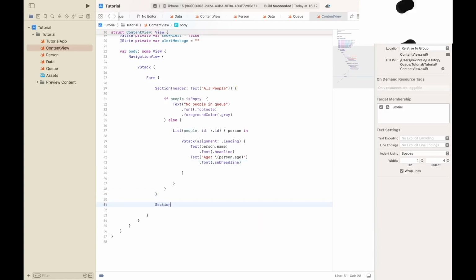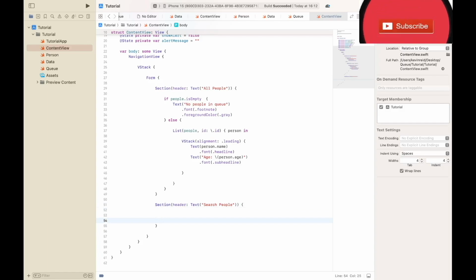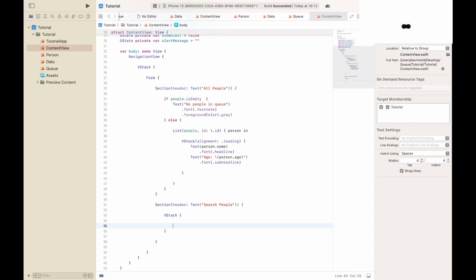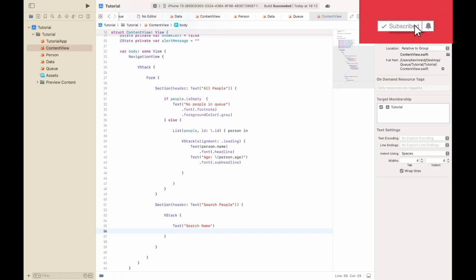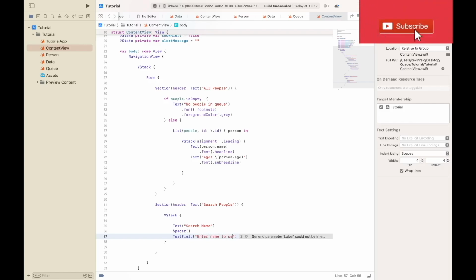Section header Text, Search People, VStack, add a Text element, Search name, add a Spacer, TextField, enter name to search,